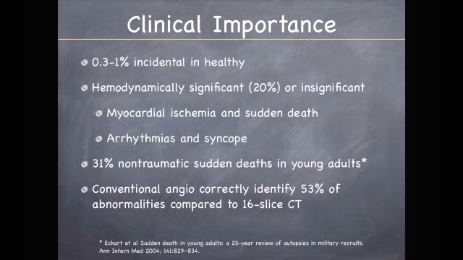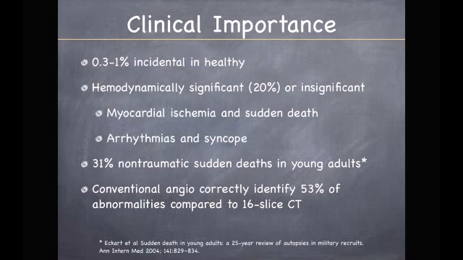So now let's talk a little bit about the clinical importance, and we want to talk a little bit about the ones that are hemodynamically significant. So coronary anomalies occur in about 1/3 to 1% of healthy patients, and hemodynamically they're significant about 20% of the time. And the significance can be myocardial ischemia or sudden death. They can be arrhythmias or syncope. And in fact, about 1/3 of non-traumatic sudden deaths in young adults are actually due to coronary anomalies,